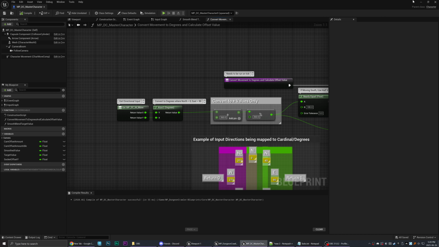How you do that is based on the Enhanced Input, so it depends on what you're using. In Enhanced Input, I've created an input action, in this case for a template I'm building, a multiplayer dungeon crawler: input action underscore move.